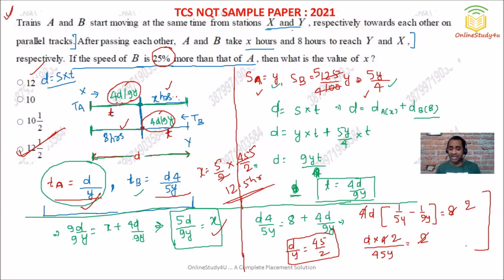And I even said in the beginning that this question is very good. So if you want, you can leave this problem in the exam, but if you understand, then you will definitely be able to do it. So once more you need to practice, and if you have any doubt, please put it in the comment box. I will always be ready to help you.